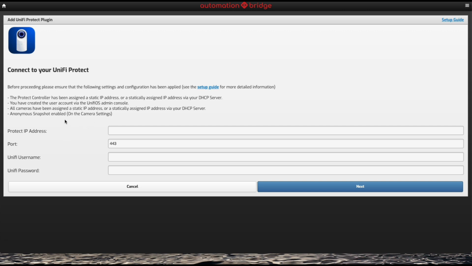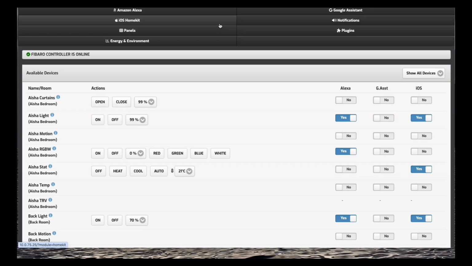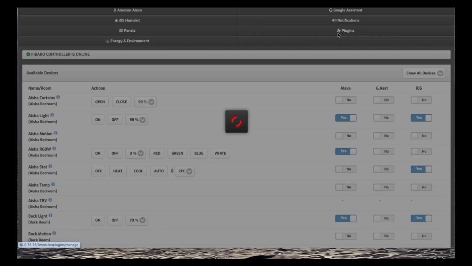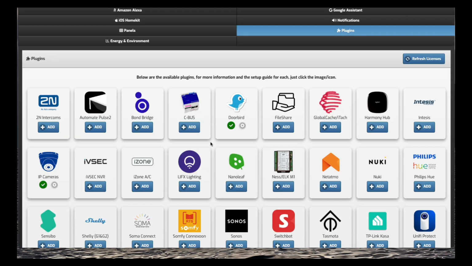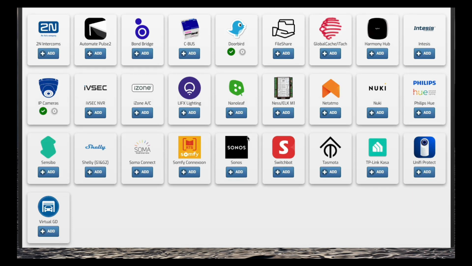So, anonymous snapshot enabled on camera settings. Right, I need to do that part, which I haven't done. So give me a few seconds and I will do that now. Okay, so let me go back onto the plugins. And so what I was going to do, as I've done all mine, however, what I'm going to do is